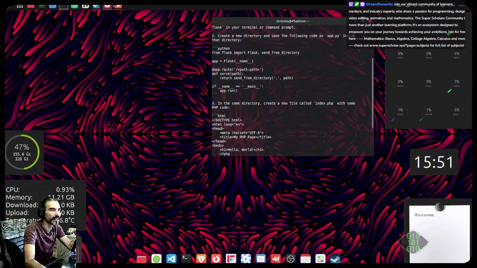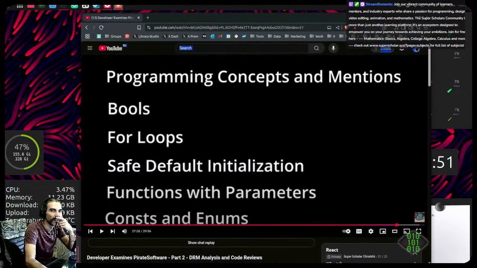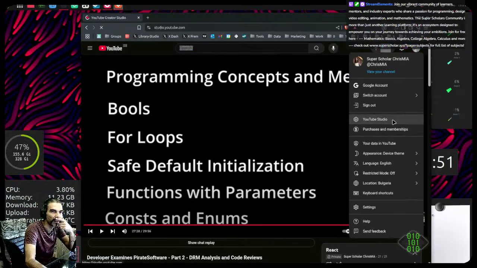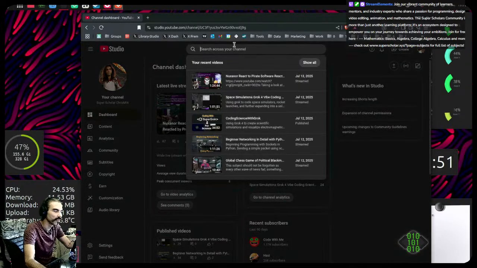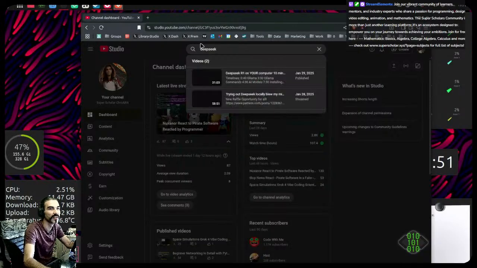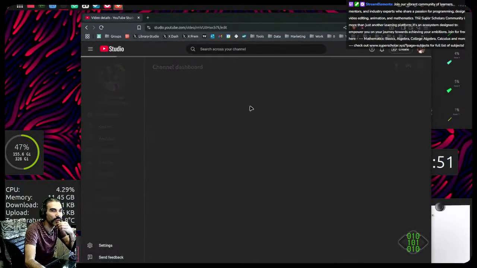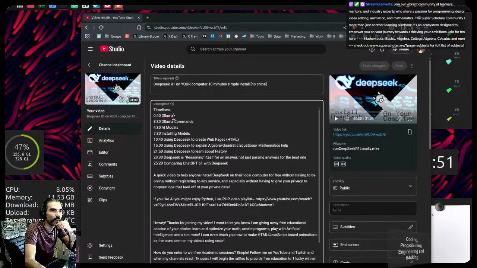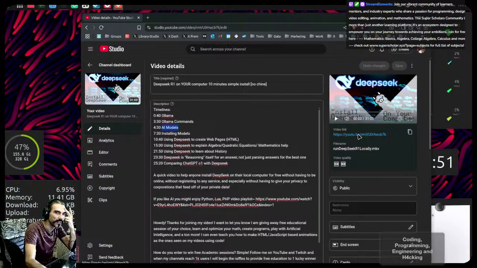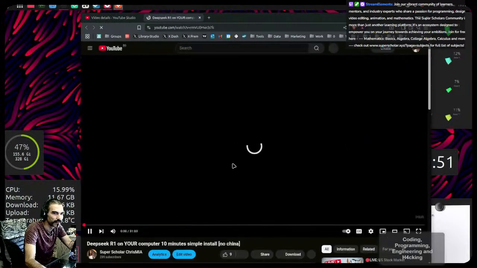And do keep in mind, I have videos on how to install this particular type of stuff, like the AI on your computer. So if you look up DeepSeek on my channel, there's an example. You can run DeepSeek R1 on your computer. The Ollama installation, the commands you can use, all the models you can install. You don't have to install DeepSeek. You can do Mistral, you can do CodeLlama, you can do, I think Claude maybe is available.